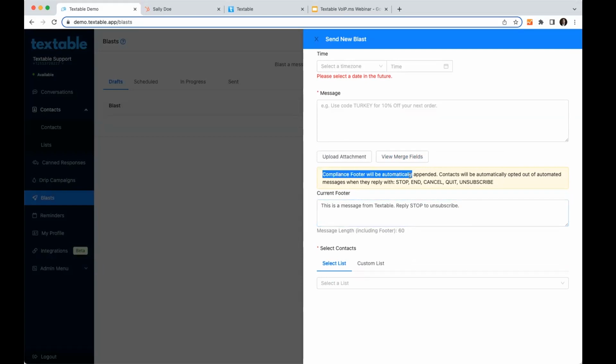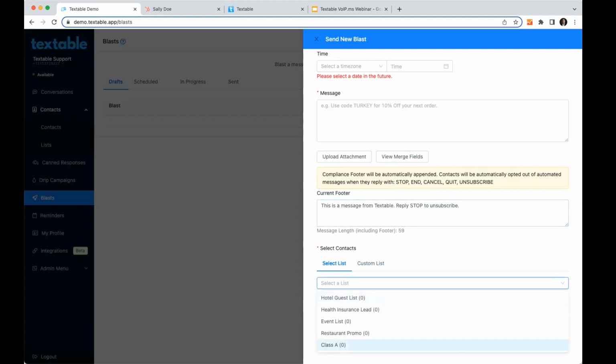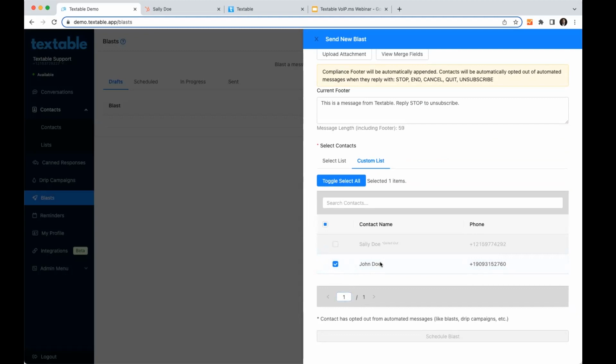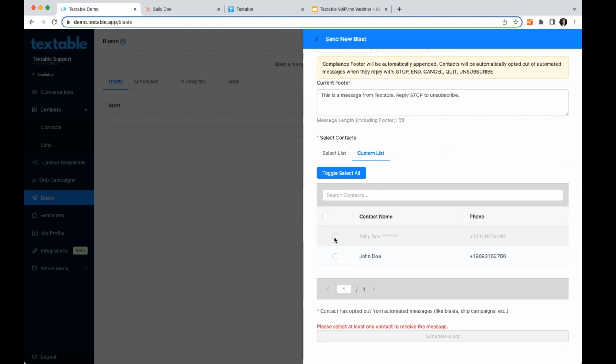Again, down here, we just mentioned that the footer gets appended and that we automatically opt folks out based on these keywords. This can be modified on a per send basis too. Let's say, maybe this is a staff list, you want to send it out to a few of your employees or colleagues. Maybe you don't need this footer, right? If you're doing any marketing or anything like that to customers, you're going to want to certainly include these footers as best practice. Again, you could come down and now choose one of those lists that you created, or again, in that situation where you might have a few people you want to send to, you can just choose them on the fly. And then here you could see if somebody's opted out, again, I can't choose them in that list. I can't send them. I can't schedule anything to them.